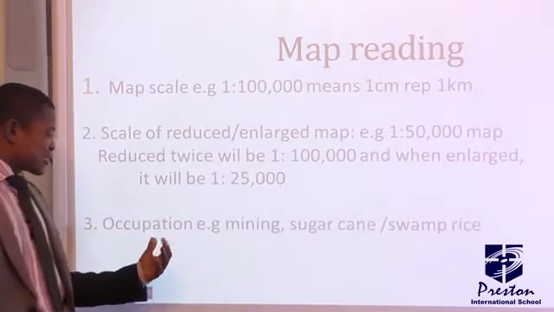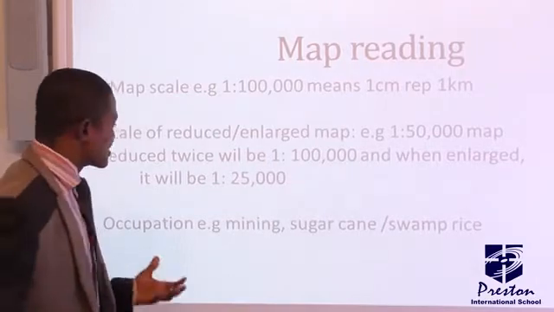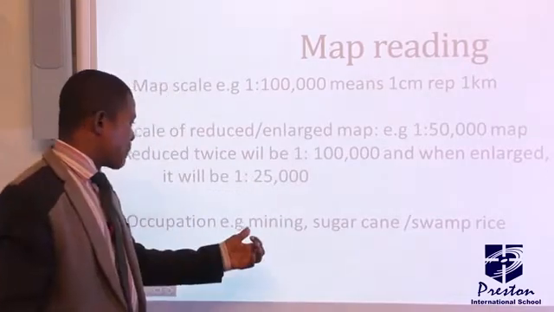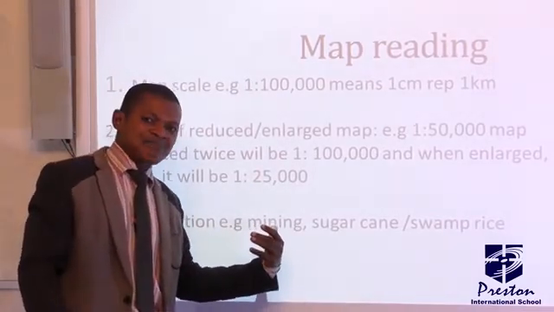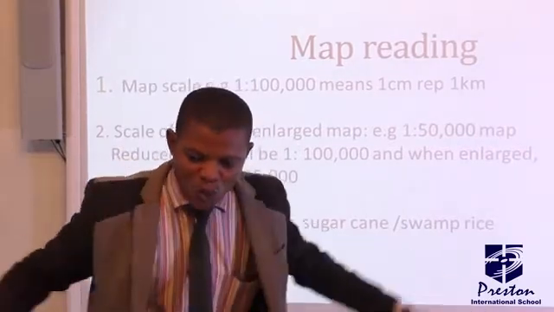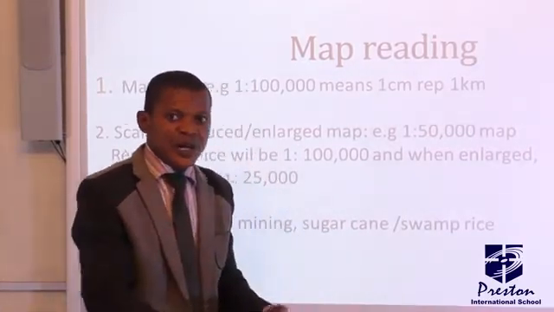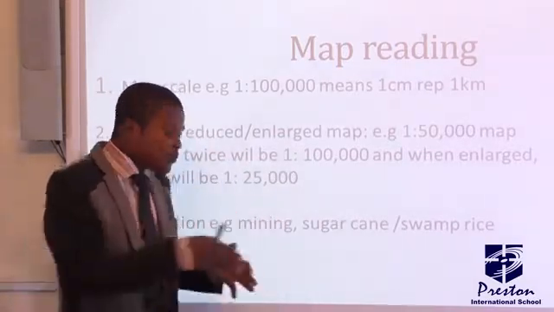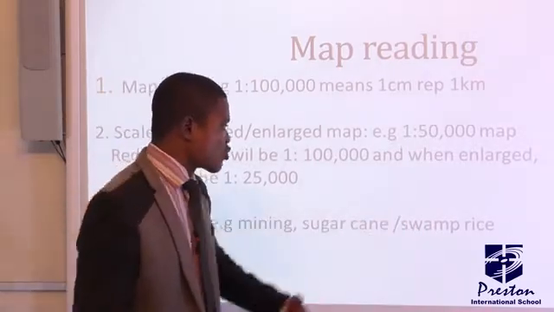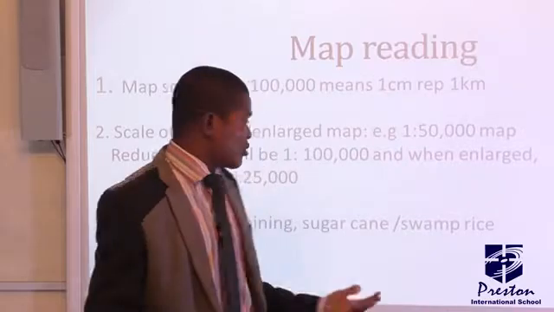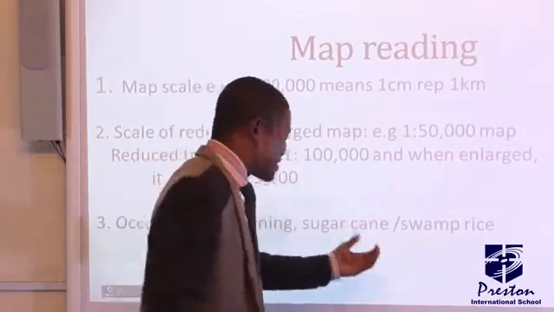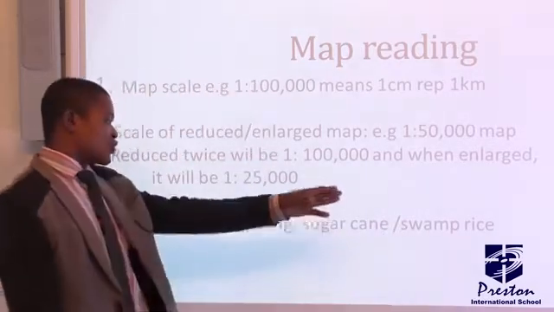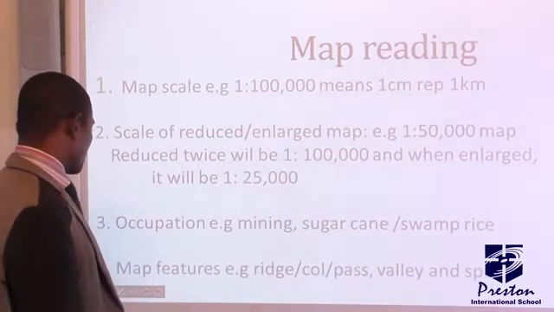Let's look further at the occupation of a map. Oftentimes you are asked to state the occupation of a particular area. I told you in the last class, you look at the features surrounding that area. For example, before you say the occupation there is mining, the symbols of mineral working, which are always shown on the key, must be found in that area. When you see a digger and a shovel crossed together, that is to say the activity of people in that area is mining. Sugarcane and swamp rice cultivation are found in areas liable to flooding. You can see that in those areas, the major occupation is usually swamp rice cultivation or sugarcane farming. Take note of that.